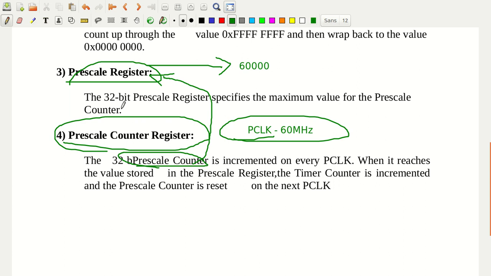So 8 digit Fs. Now here I have given 60,000. If I give 60,000, your prescale counter starts from 00000000. So it's 32-bit. Of course, each digit is 4 bit.